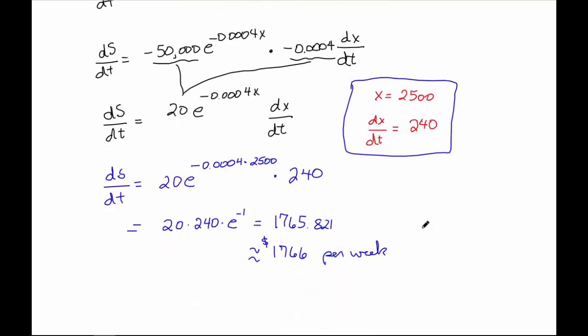When you simplify this, the negative 0.000004 times 2,500, that part is just e to the minus 1. And e to the minus 1 times the 240 times the 20, and we get 1765.821. But they said rounded to the nearest dollar. So our sales are increasing at